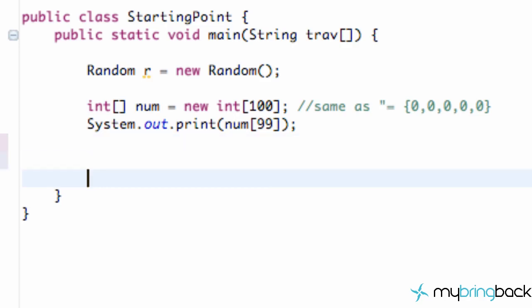What we're going to learn about in today's tutorial is something called a for loop. And let's just jump into it. But what a for loop allows us to do is